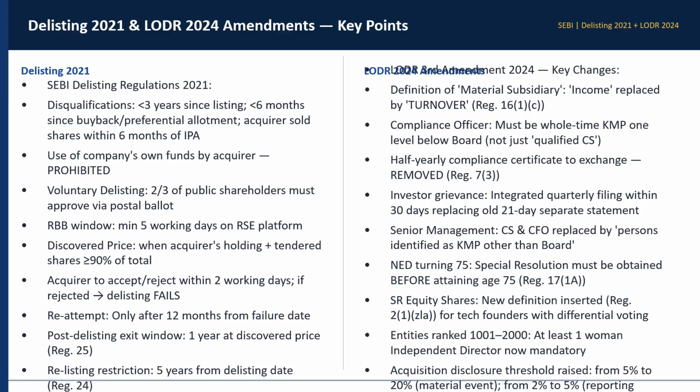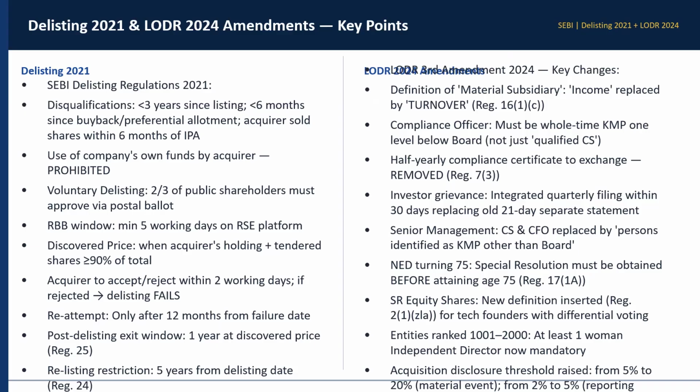ये आपका है एलओडीआर। एलओडीआर में क्या हुआ, कुछ अमेंडमेंट्स हुए आपके 24 में, तो उसमें कुछ की चेंजेस हैं। क्या क्या चेंजेस हैं उसको देख लेते हैं। एक तो है डेफिनेशन ऑफ मटेरियल सब्सिडरी। तो इसमें इनकम वाज रिप्लेस्ड बाय टर्नओवर। कंप्लायंस ऑफिसर, इट मस्ट बी होल टाइम केएमपी, 1 level below the board, not just qualified CS. हाफ ईयरली कंप्लायंस सर्टिफिकेट टू एक्सचेंज, इट वाज रिमूव्ड। ठीक है। इन्वेस्टर ग्रीवांस, इट वाज इंटीग्रेटेड क्वार्टरली फाइलिंग विदिन 30 days, रिप्लेसिंग ओल्ड 21 days सेपरेट स्टेटमेंट।